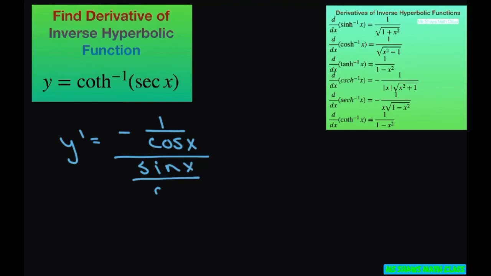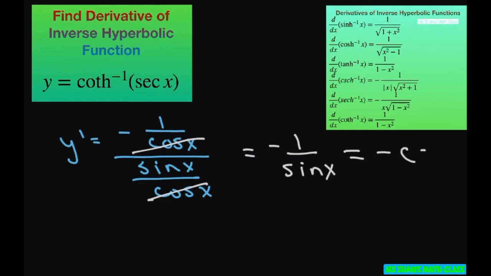So my y prime would equal negative 1 divided by cosine of x. That was for our secant. And then we had tan in the denominator, which is sine of x divided by cosine of x. So what happens is these two cancel, and we're left with negative 1 divided by sine of x. And you can even write this as negative cosecant of